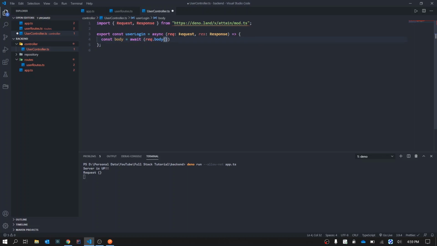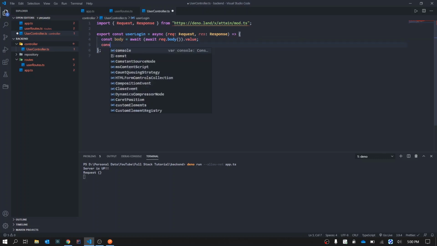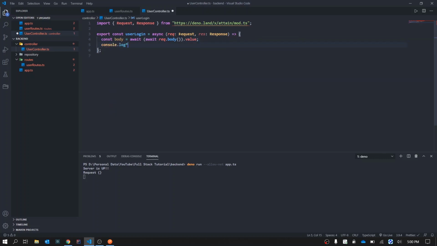Once the body is generated, we need to wait till the actual values are generated. So we'll say await again, and we'll await on value. Now we'll console.log the body.